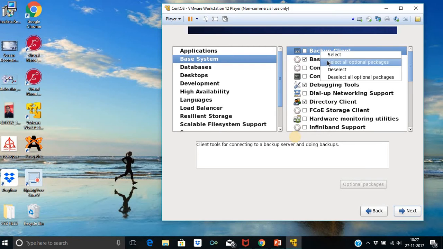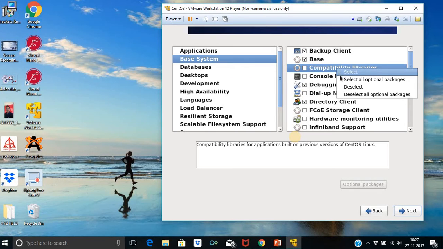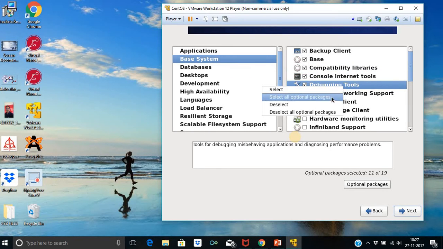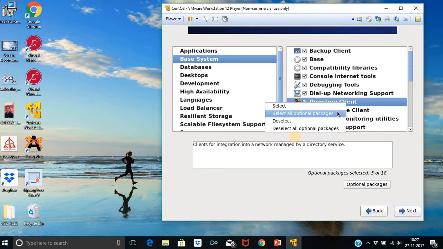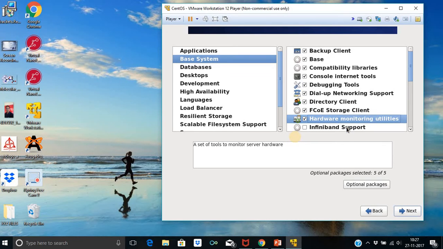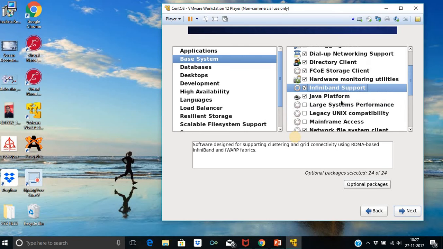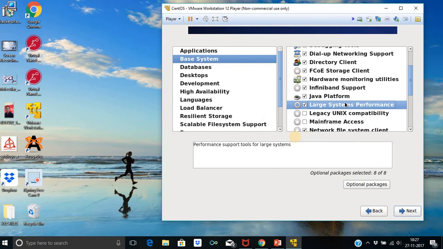Obviously this will take some time, but this is important, so take your time to select all packages one by one. It's a little bit boring process, but important.